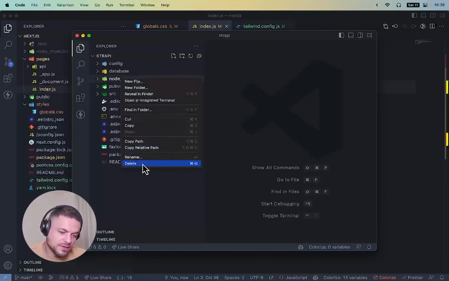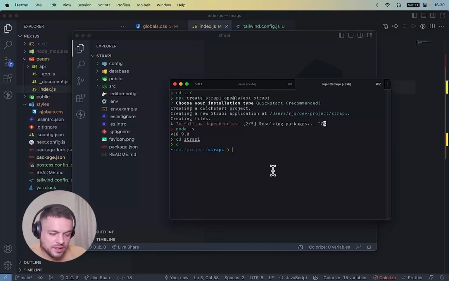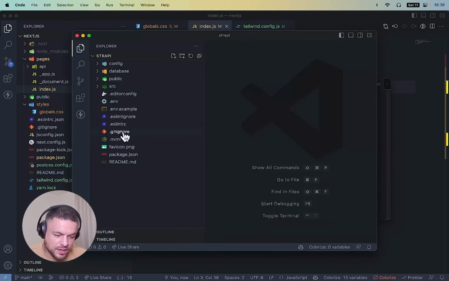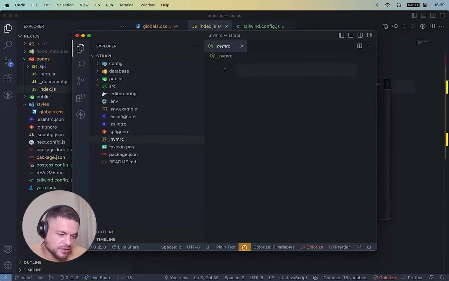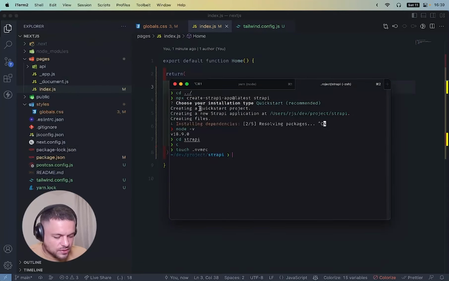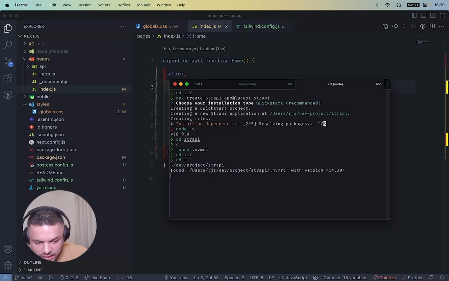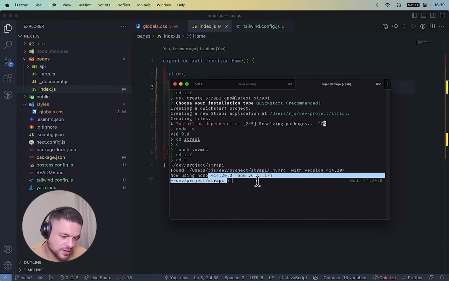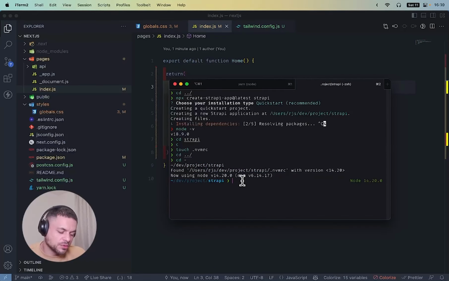So I'm going to delete those node modules, head back in here, and I'm going to touch an nvmrc, which is my node package manager. I'm going to type 14.20 in there, and I'm going to do a quick trick, which is I'm coming out of this folder, then I'm going back in, and what you'll see is it's changing the node version to 14.20,